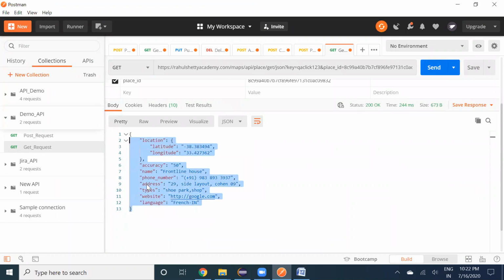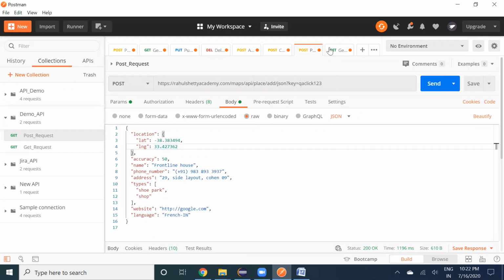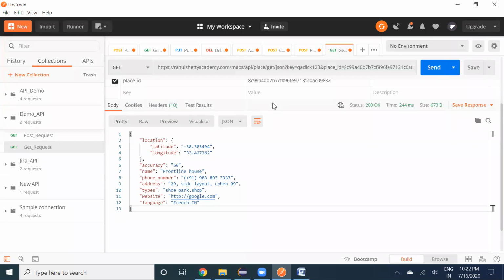Now you got the response. So whatever post request you created, you're getting the same response. If you go and check, the body which you sent in the post and the response here will both be the same. The body which you posted there and the response you get in the get is the same. So what you posted, you are retrieving and checking whether it's posted or not. That is what you are going to check manually.